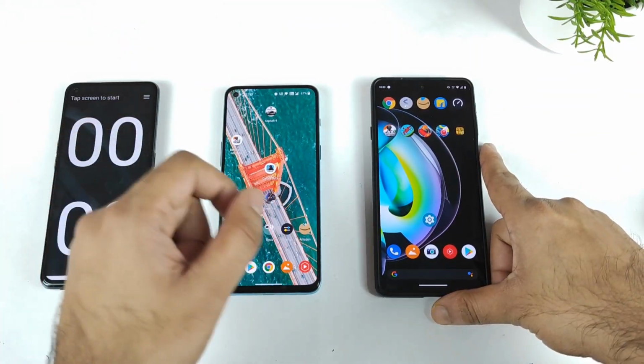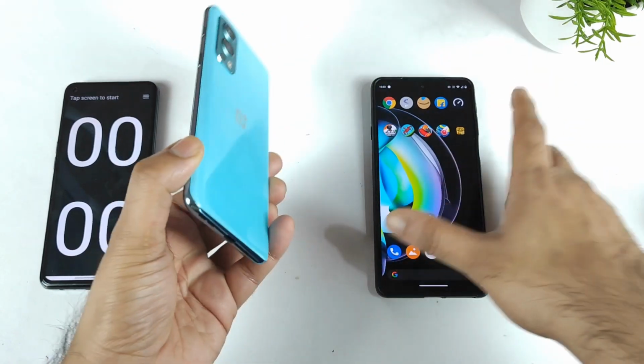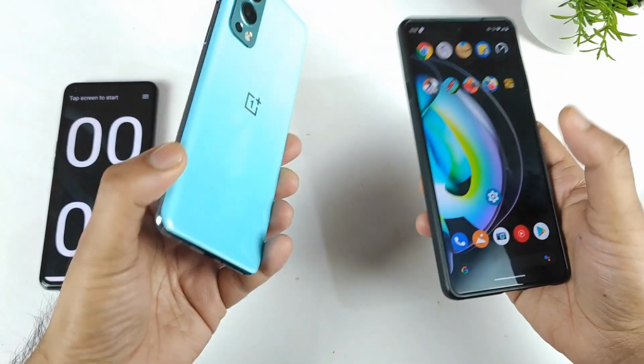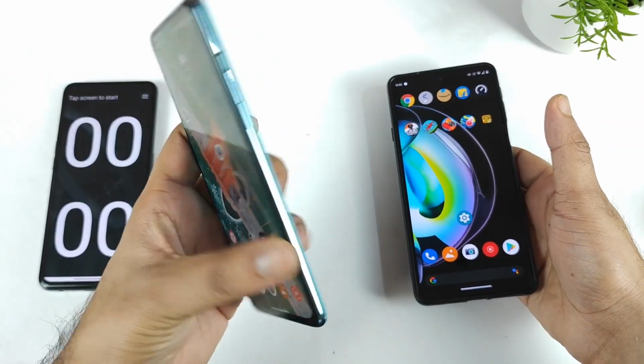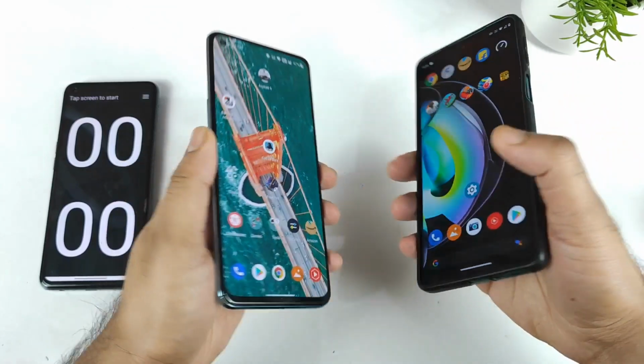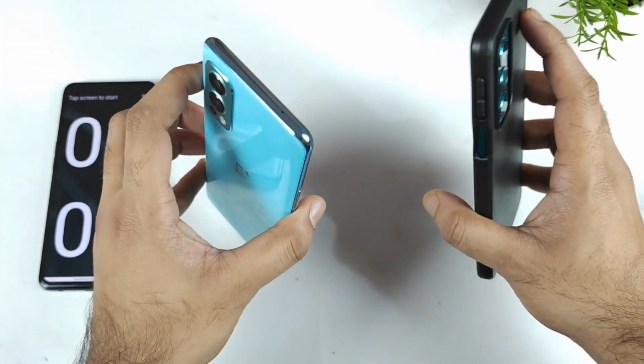In this video I'm going to do a speed test comparison between the OnePlus Nord 2 and the Moto H20 device. So it's the stock UI experience versus this ColorOS kind of mixed UI on the OnePlus Nord 2. Let's see which phone actually opens the Battlegrounds Mobile game faster during this testing. That's what I'm going to demonstrate in this video.